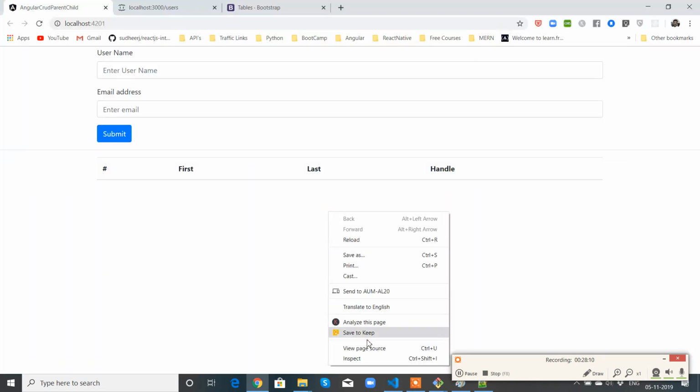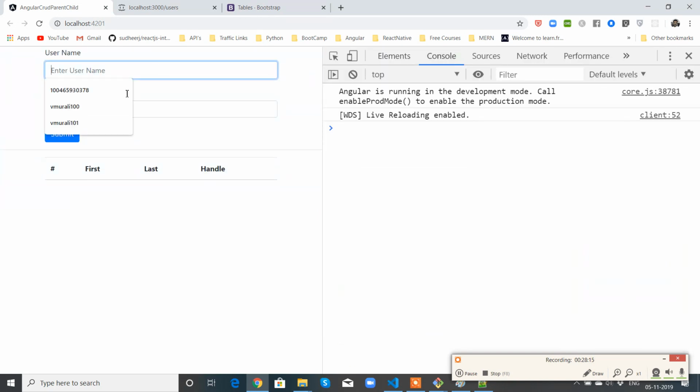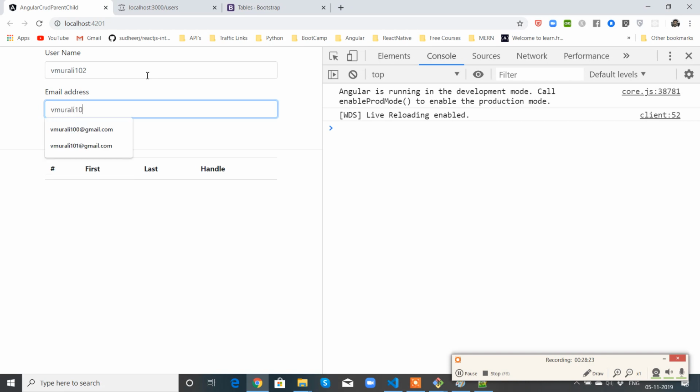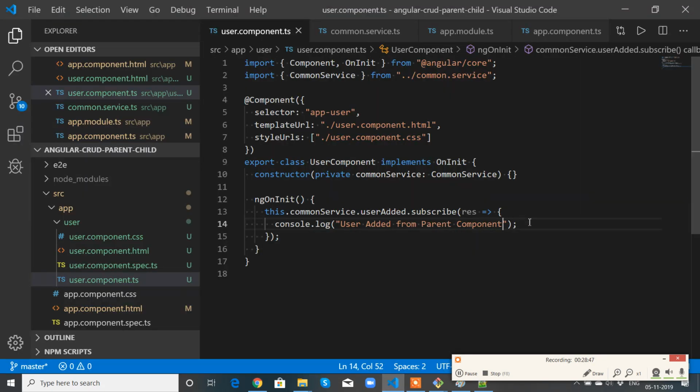Okay, now let me open this console. Let me create a user, vmuli not to at gmail.com. Once I added, see, child component also got the information that user is added. Once child component got the message from the parent component about a user added, then we